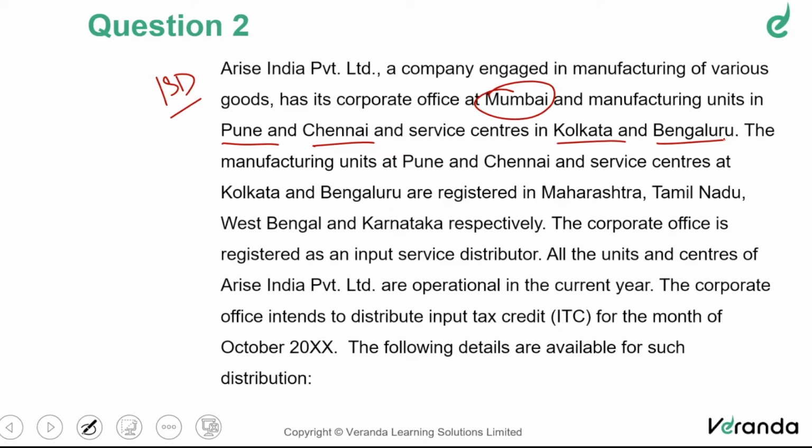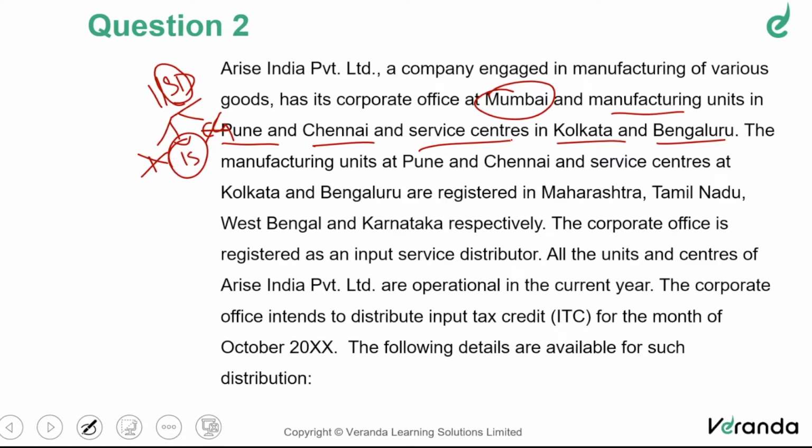Please note, input service distributor means very simple. What can be distributed? What credit can be distributed? Input service, capital goods. What credit can be distributed? An ISD concept. Can you please tell me the answer? Service. Only service. These two cannot be distributed. Only input service can be distributed. Goods credit cannot be distributed using this ISD concept. Normal tax invoice has to be raised for goods. Whereas input services can be distributed using this ISD concept. But the recipient unit, whether it is a manufacturing unit or a service unit, it does not matter. They're all the same. The law makes no difference.